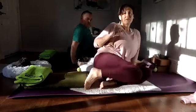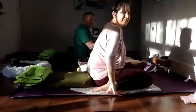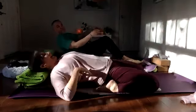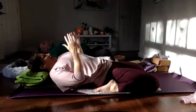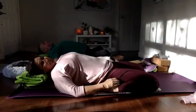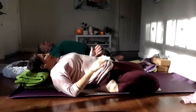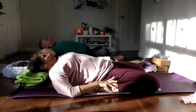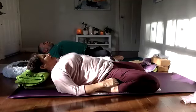Okay, those of you who can sit in Virasana, this is kind of my jam. I love this. But if it's not your jam, that's okay. It's okay to do less. Always okay to do less. So you can stretch your legs out. You can go to cross-legged if you like, Baddha Konasana, whatever you like. If you're in Virasana, the tops of the feet are facing the sky, then it's just a nice opportunity for foot love. Okay. And once you've settled,